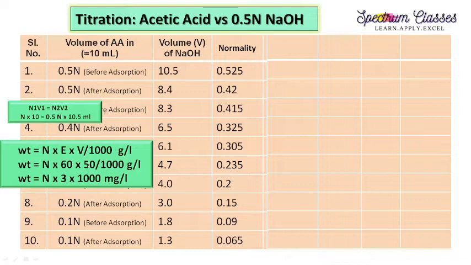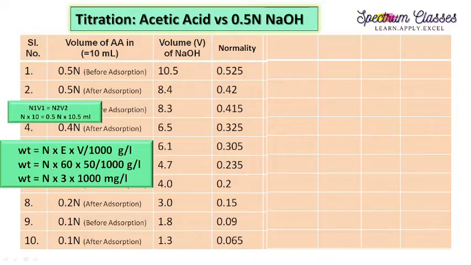I hope you understand from where this 50 ml comes. If you are changing the volume, like if you are taking 100 ml or so, you can put it here, right? Now, after solving this factor, 60 into 50 divided by 1000, I will get 3 out of this,